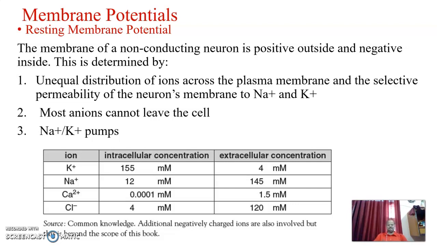You know that there is a difference in ions between the extracellular and intracellular environment, and the membrane is selectively permeable for different ions. For example, the membrane has more leaky channels for potassium than sodium. It means that potassium leaks more to the outside environment than sodium, which leads to